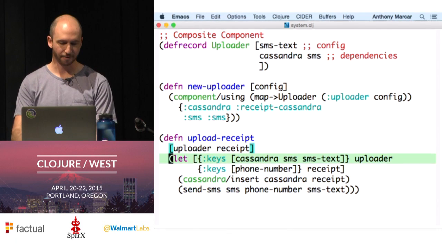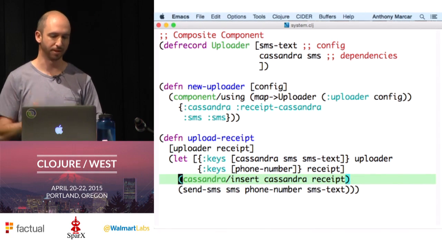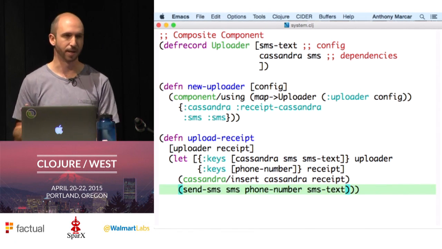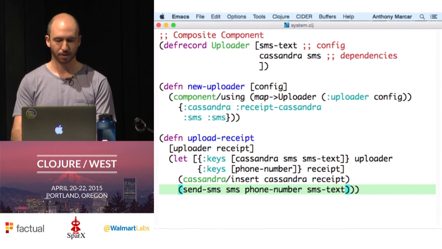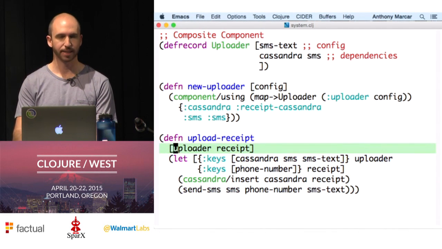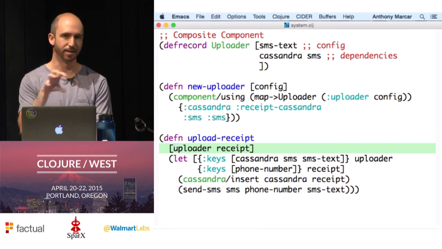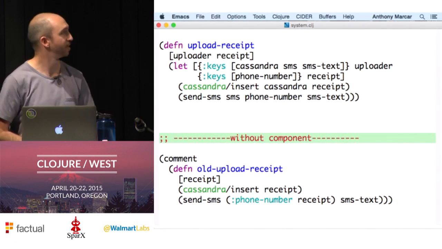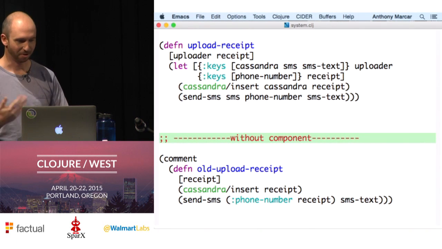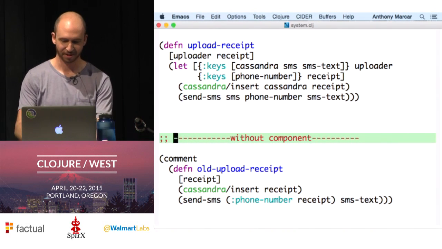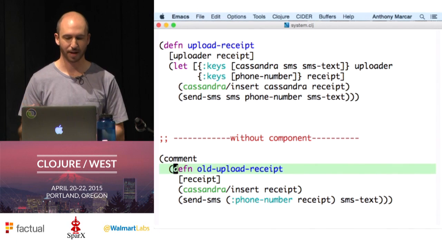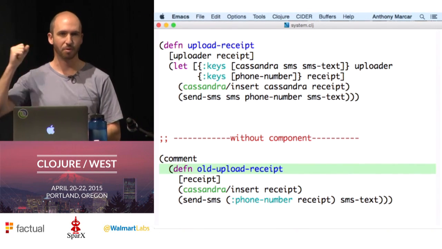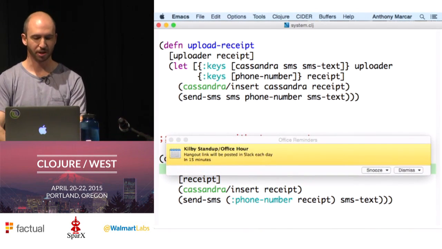And that stuff is going to be inserting the receipt to Cassandra and sending an SMS to the customer. The important thing here is that we've passed the uploader component into this function. Usually what you'd see is something a bit like this. You have a call to old upload receipt, because this is actually what we used to do. We would call this upload receipt function, pass it the receipt, and then we would just assume